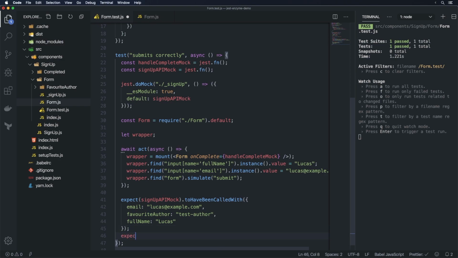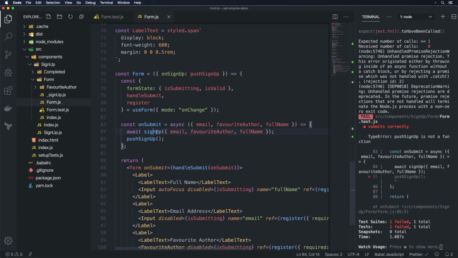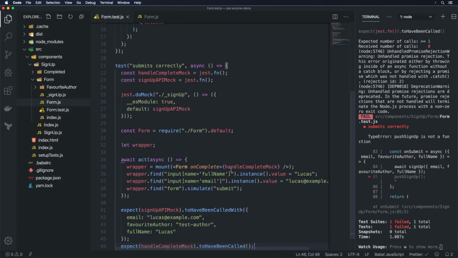And we also need to do expect handleCompleteMock toHaveBeenCalled. So what this means is that in our form here, we actually do await signup and then push signup. So that's our onSignUp event, also our prop here, which gets run and gets mocked by handleCompleteMock. So all of that should be